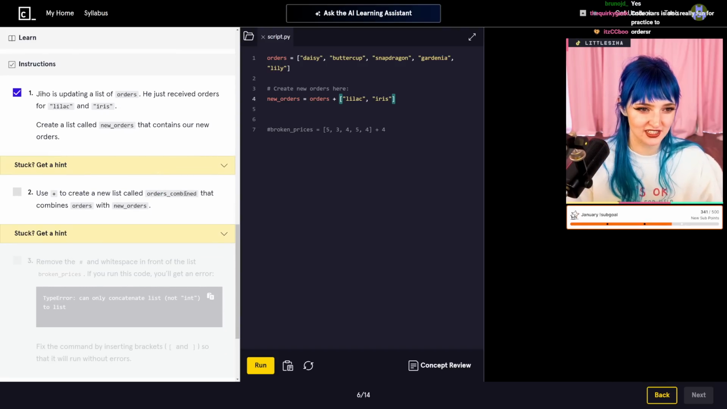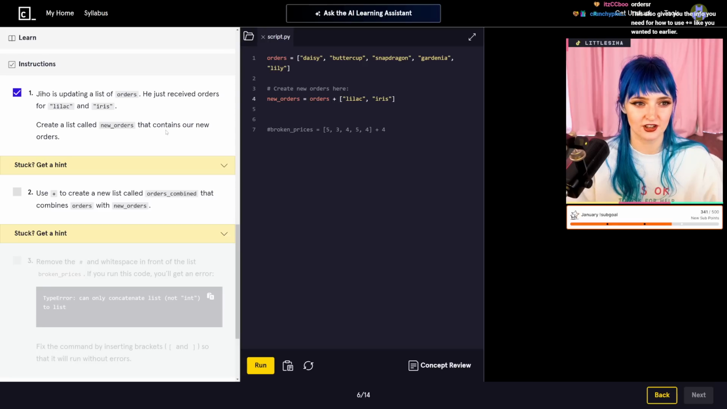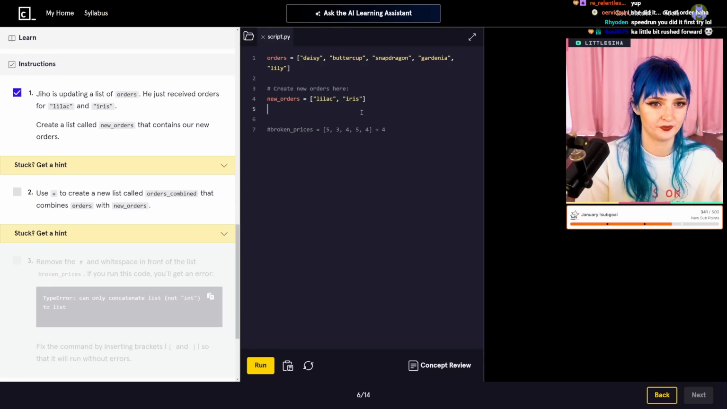Use plus to create a new list called orders combined that combines orders with new orders. Oh, I did this too early. Wait, I did this too early. Hold on. I didn't read it fully. Create a list called new orders that contains, okay, so, oops. New orders equals lilac and iris. See, the thing about me is I can't read. I never learned. Okay, orders combined